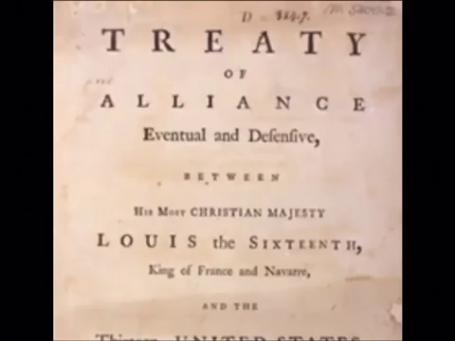The fourth event is the Treaty of Alliance with France. The treaty was signed in 1778. The French formed an alliance with the Americans because France was Britain's enemy. Congress sends Silas Deane, Benjamin Franklin, and Arthur Lee to France to make an alliance.